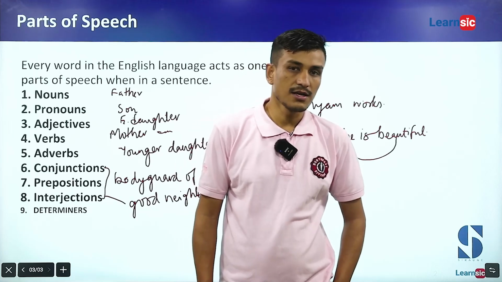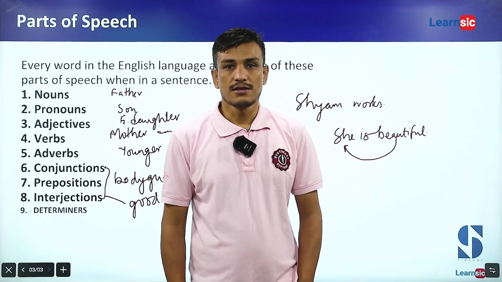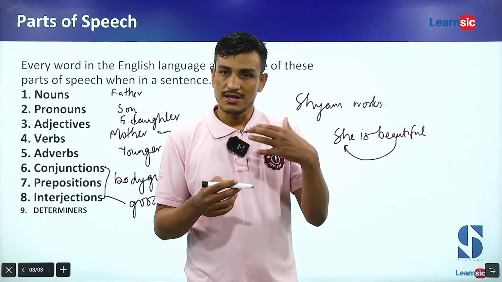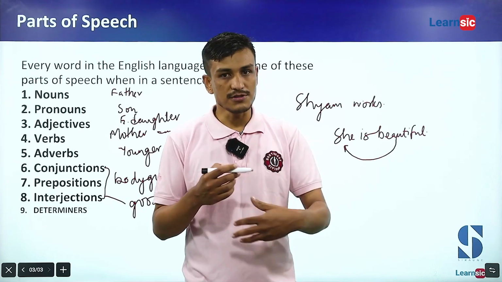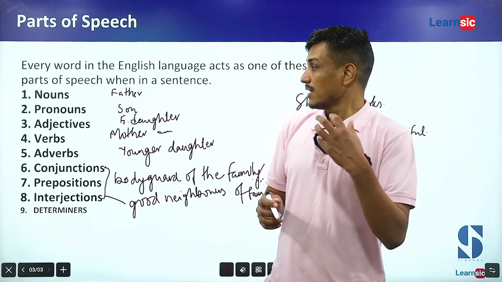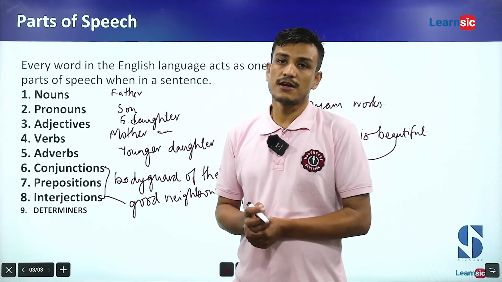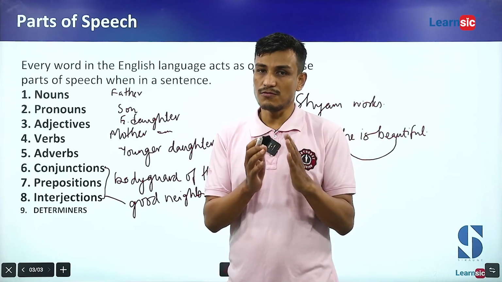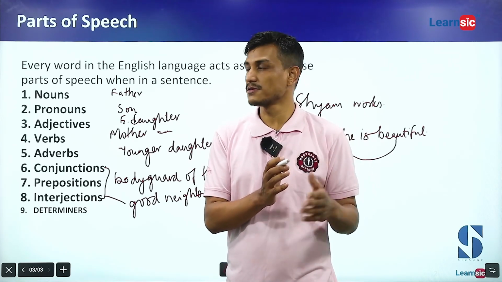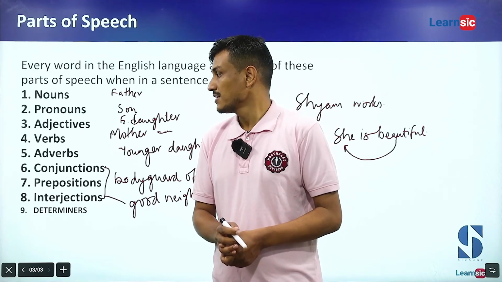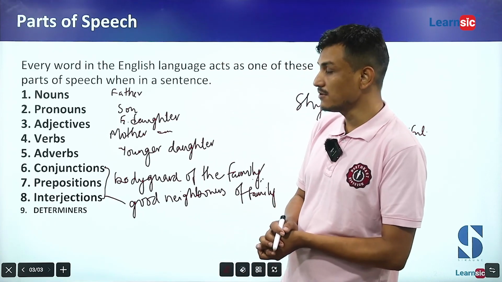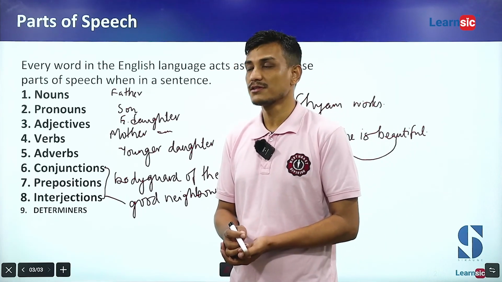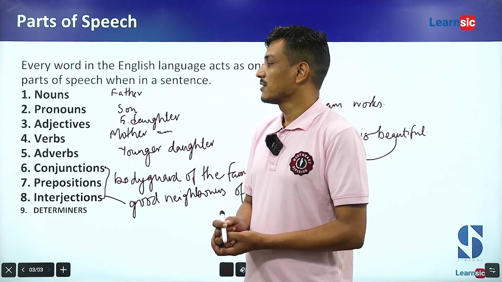Adverbs are again describing words. Adjective also describes something. Adverbs also describe something. I mean to say, adjectives and adverbs both are describing words, but the words that they describe are different. Adjective always describes nouns and pronouns, but adverbs always describe the verbs,